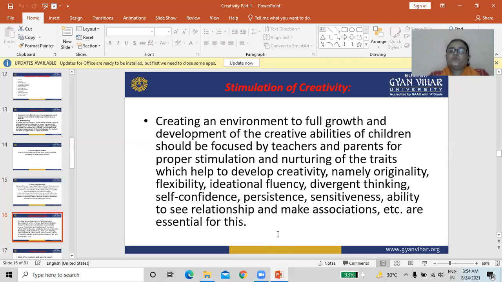So these are the fostering ability techniques.